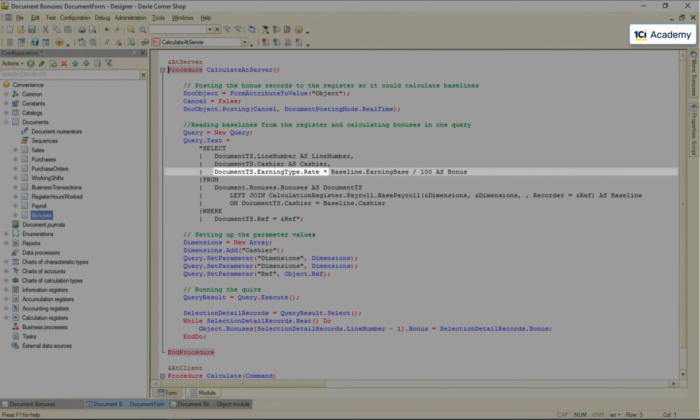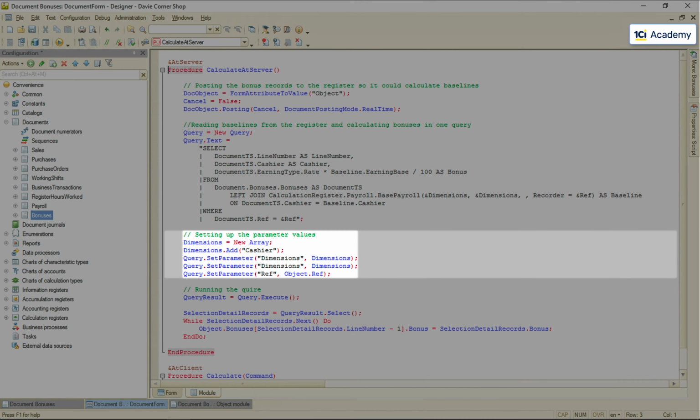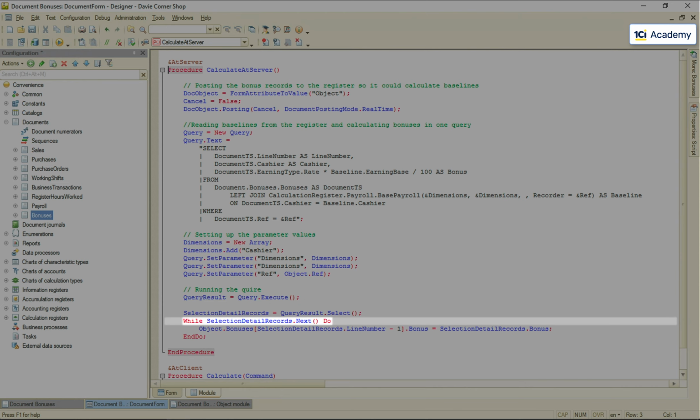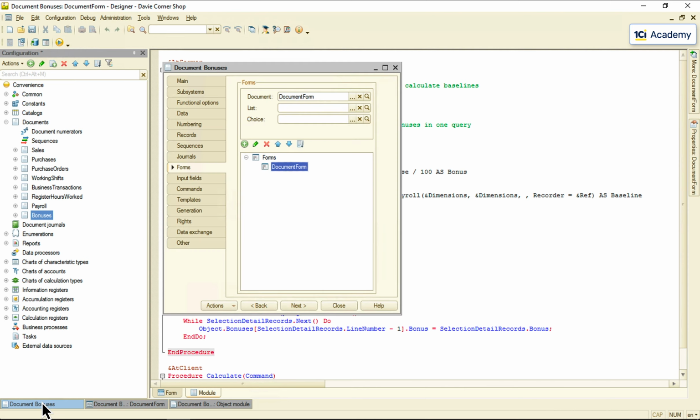Then I just multiply the base by the rate taken from the chart of calculations and divide the result by 100 because the rate is in percent. And these are my cashier bonuses calculated in one shot. This piece of code here is just same old parameter setting, executing the query. And then I just cycle through the query results and write the bonus directly to the document object opened in the form. And yes, I added this bonus attribute right here to the tabular section,